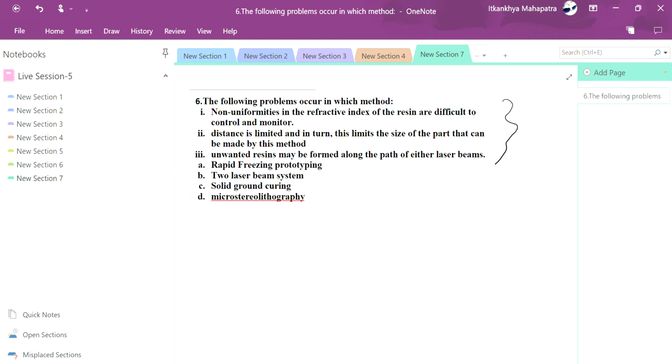Okay, so the correct option is two laser beam system. This is a system which is not similar, quite different to SLA. In the two laser system, what happens is two lasers are focused to interact at a particular point in the vat, and that is why it is also called two-step photopolymerization. So it is assumed here in this system that